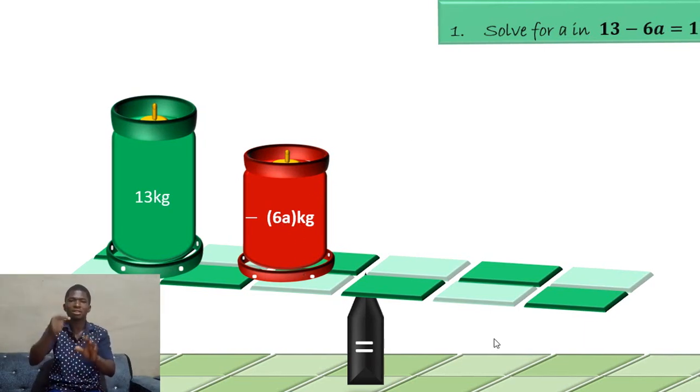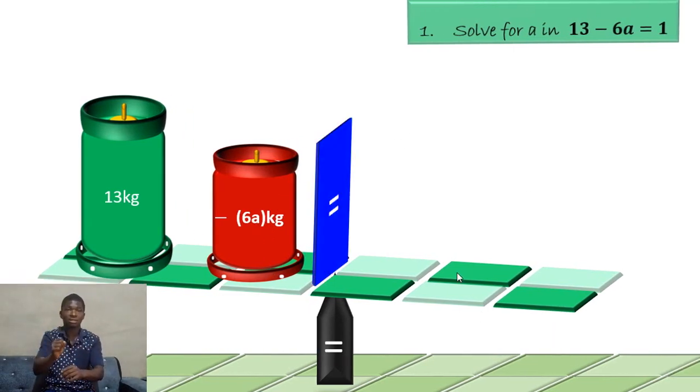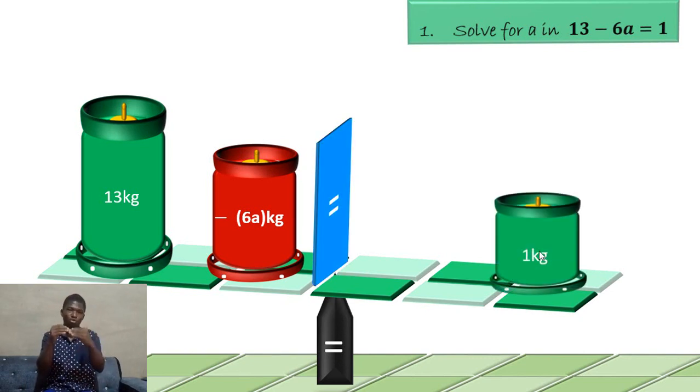Alright, and on this side, let's have a bridge, just like on this equal to sign, and on this side let's have a 1 kg cylinder. So this system is telling us that when you subtract this from 13, you have 1 kg,